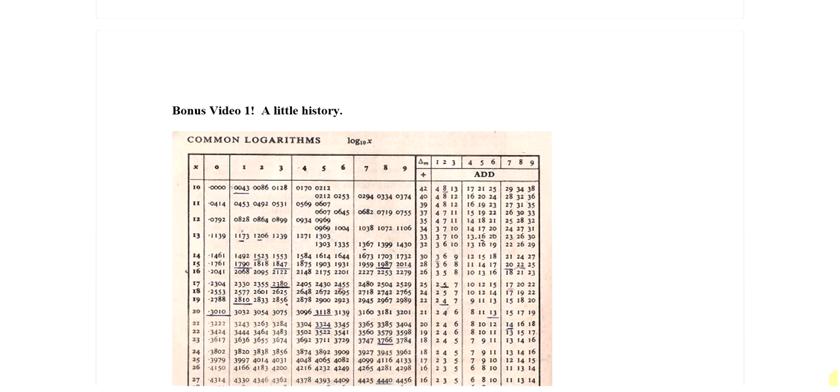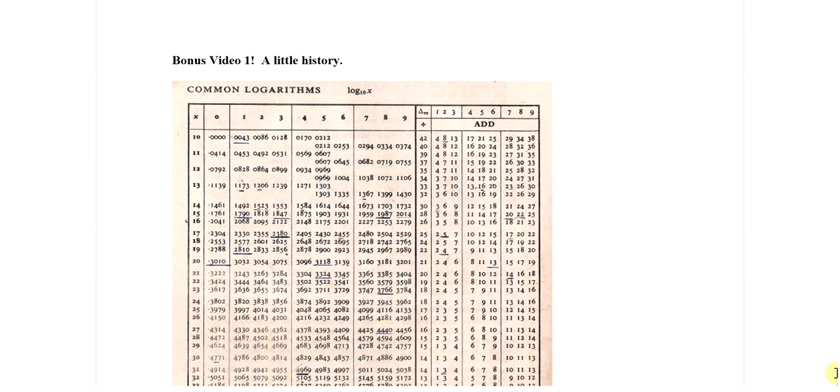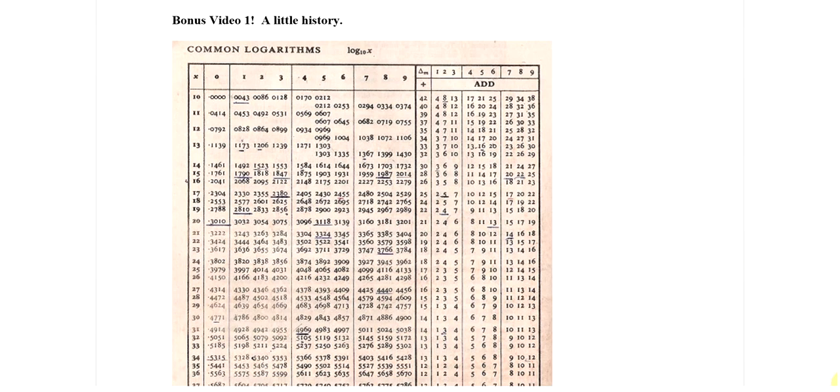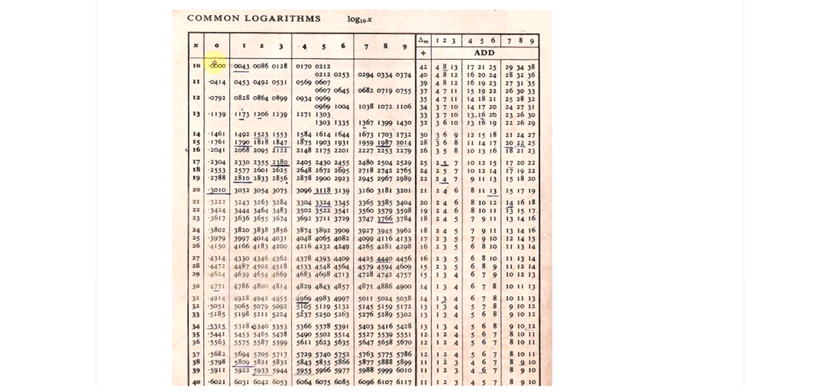There's a little bonus video, a little history about logarithms. These were invented around 1620 by a guy named John Napier. When I was a kid, this is what we would see, a table of logarithms. How do you read this thing? Well, this is x, this is decimals, and these are the logarithms in here. So if we look at the line for 15,